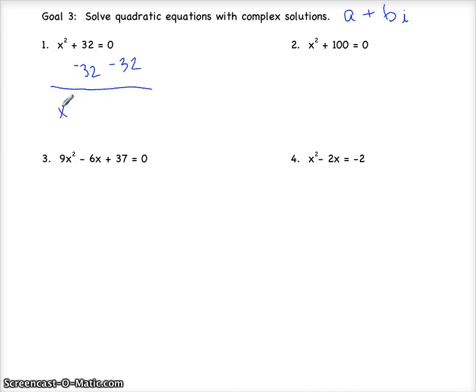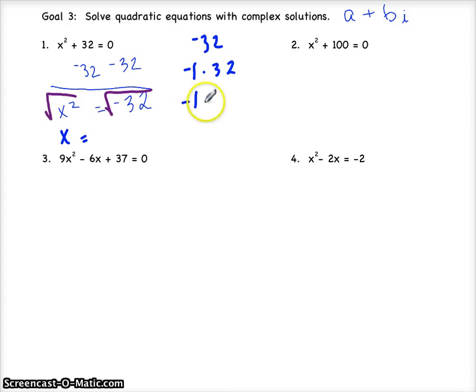And we now know that x squared is equal to negative 32. Well, how do you solve for x? You would take the square root of both sides. X is equal to, let's think about how do we reduce the square root of negative 32. We know that negative 32 is negative 1 times 32. 32 is 16 times 2. And if we take the square root